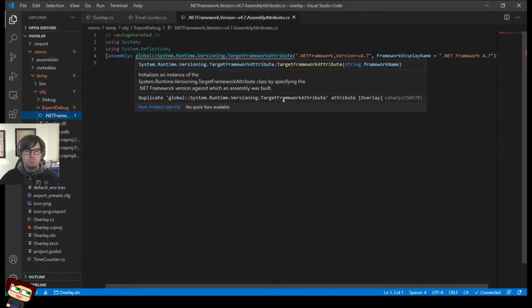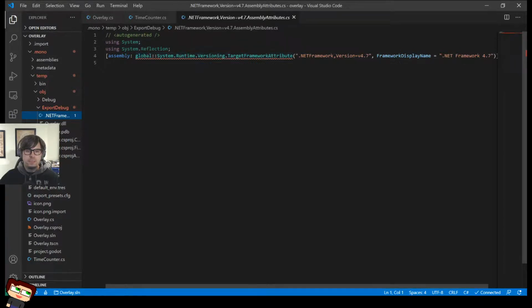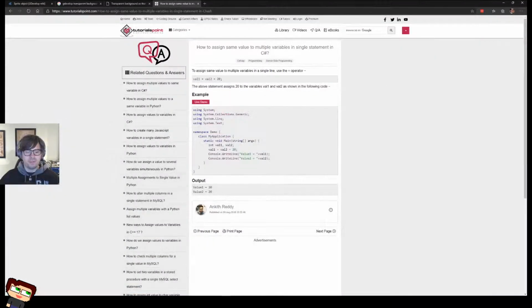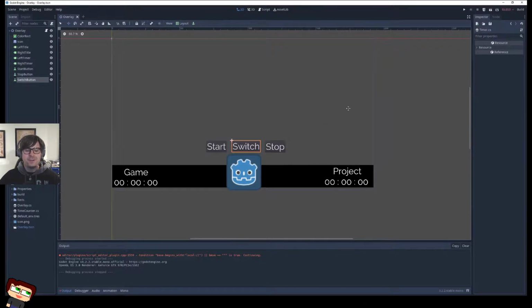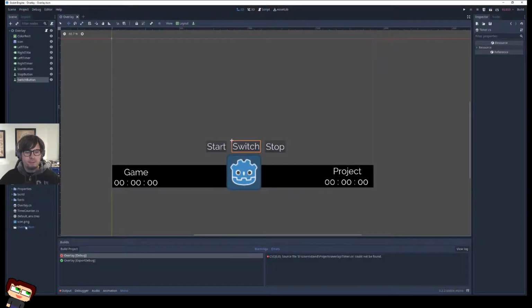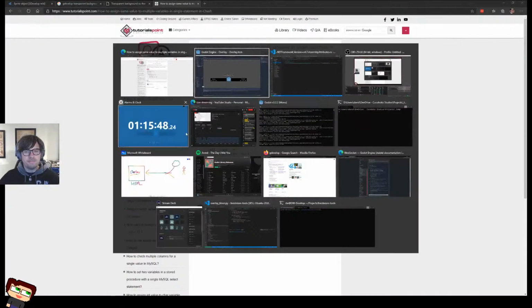Duplicate. Sure. Let's just minimize. Don't worry about the red text. Can we build it? Nope, we can't. Oh, because I messed up the thing. You know how it goes.